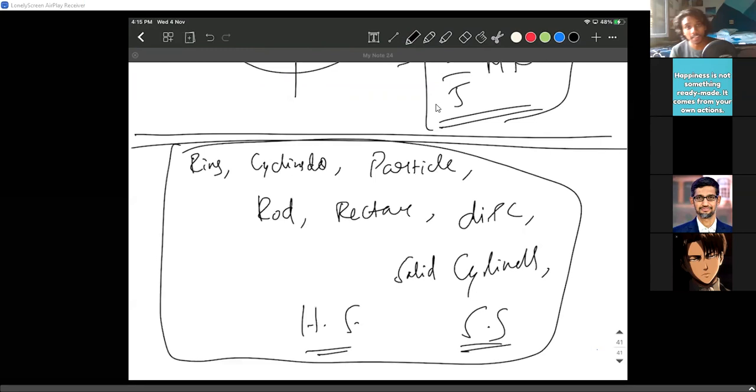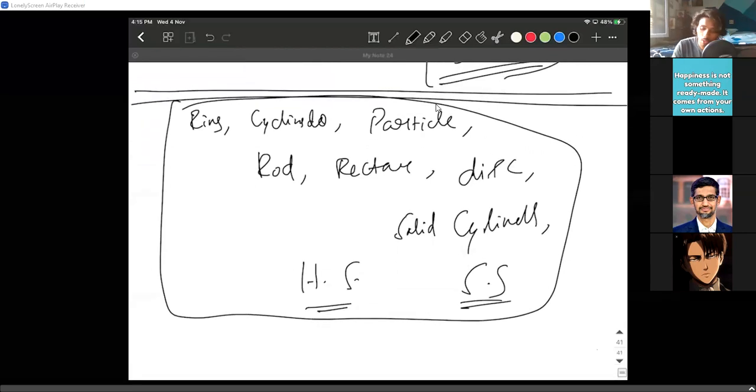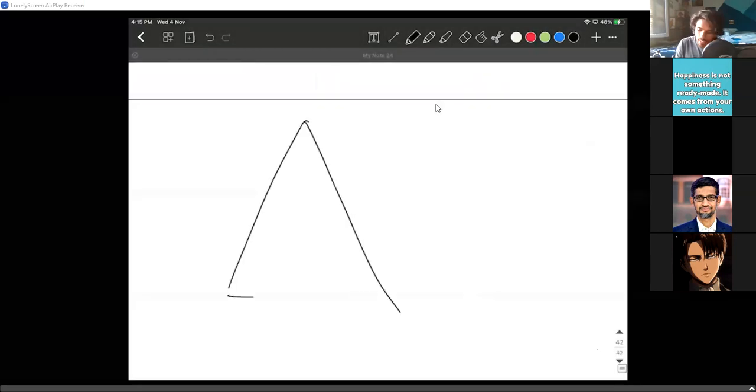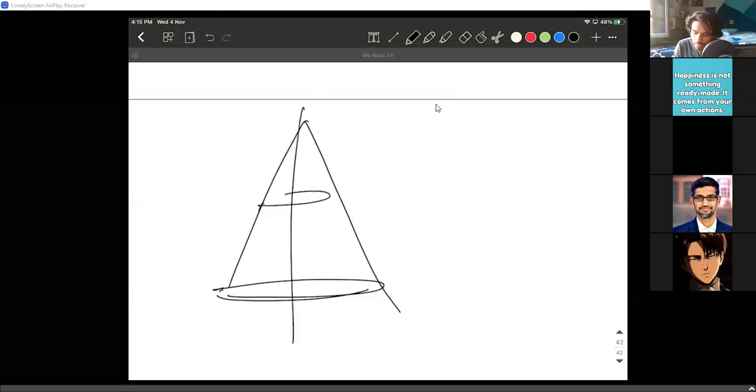And it's not over. There are more bodies again. Somebody asked for a cone yesterday. If you are talking about a cone, what exactly are we talking about? You're basically talking about a bunch of discs added together. You know the moment of inertia of a disc, and you're simply adding all the discs together. So you're basically writing the moment of inertia of a lot of discs. I hope you can find this value.